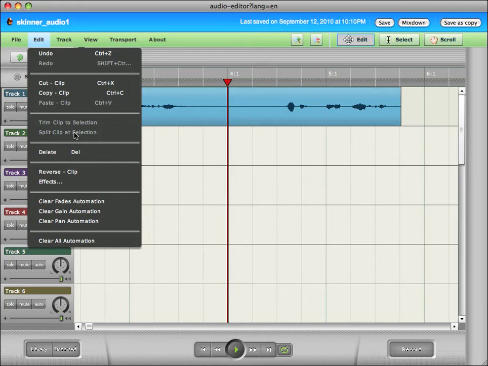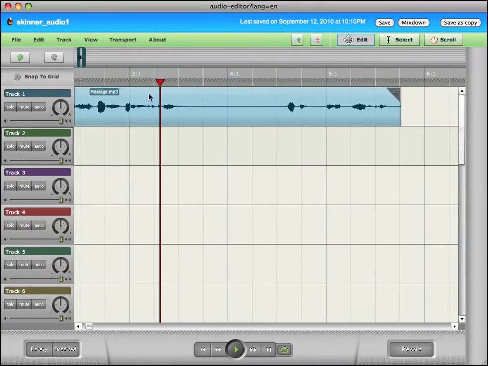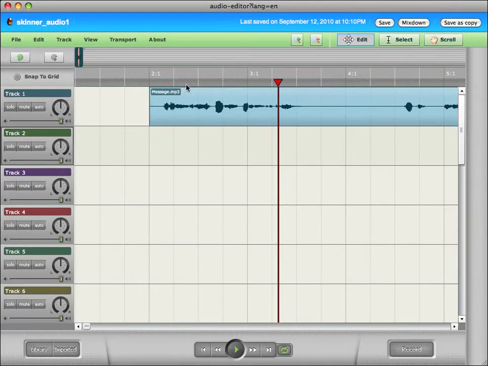Split Clip at Selection. If I clicked Split Clip at Selection in most audio editors like GarageBand or Pro Tools, it would create a split, and then I would have 2 files which I could move around. Right now mine is not enabling this, so we're going to have to find a workaround. Let me show you what that workaround is. To select just a portion of your message and make that editable on the timeline,